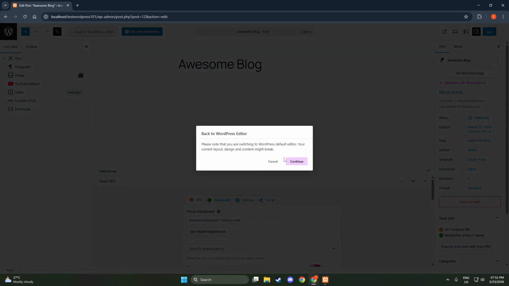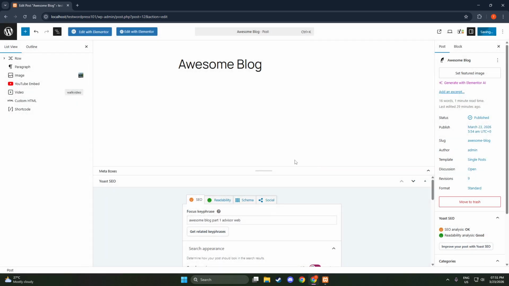You'll be taken back to the regular WordPress editor. To make the change permanent, click Update in the top right area of the editor. That saves the page in its non-Elementor state. From now on, this page will open in the default editor rather than Elementor, while the rest of your site